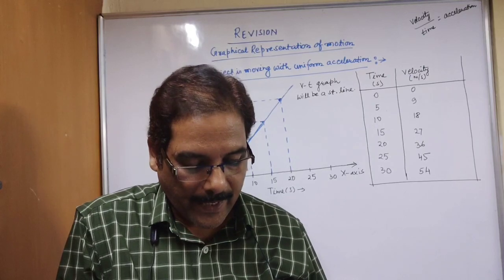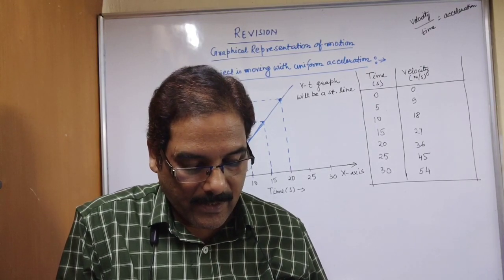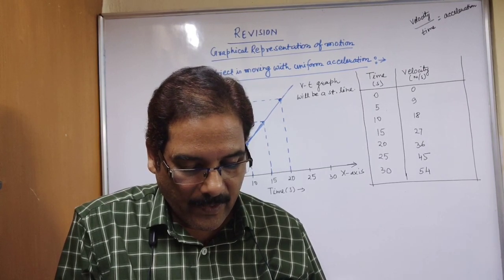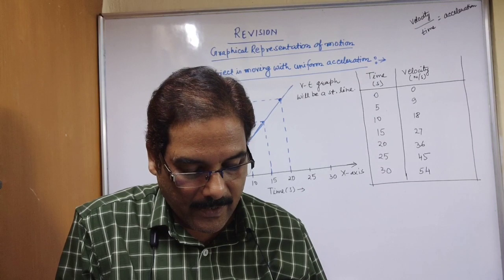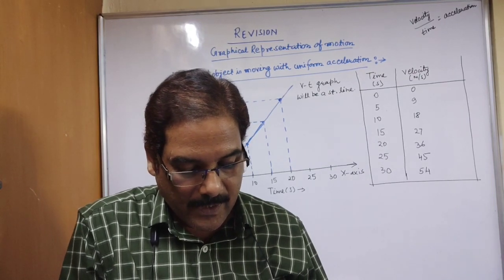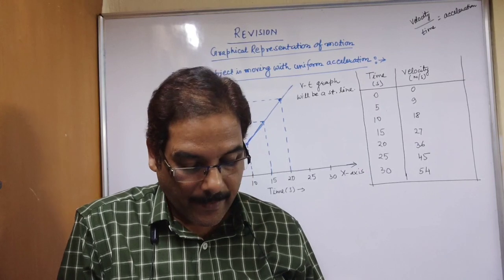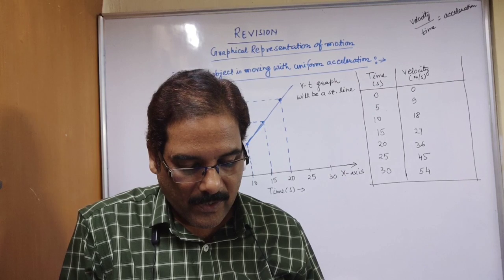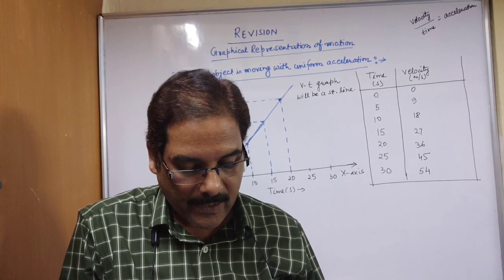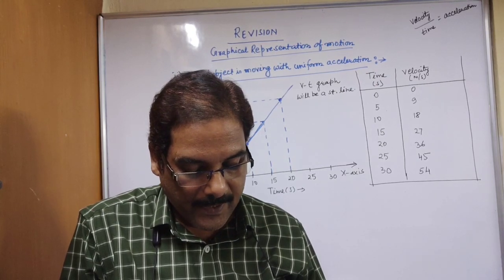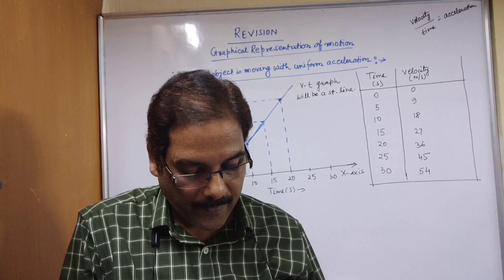Now the second paragraph: you can also determine the distance moved by the car from its velocity time graph. The area under velocity time graph gives the distance moved by the car in a given interval of time. If the car would have been moving with uniform velocity, the distance traveled would be represented by area ABCD under the graph. Since the magnitude of velocity of the car is changing due to acceleration, the distance traveled by the car will be given by the area ABCDE under the velocity time graph.